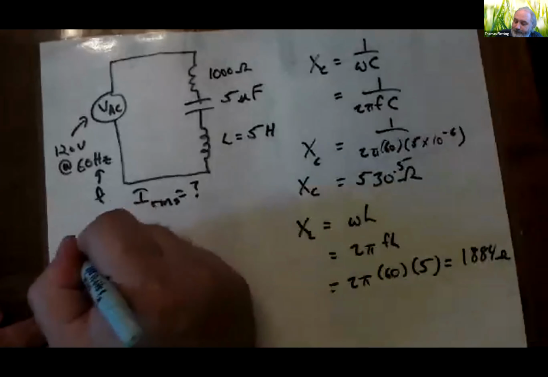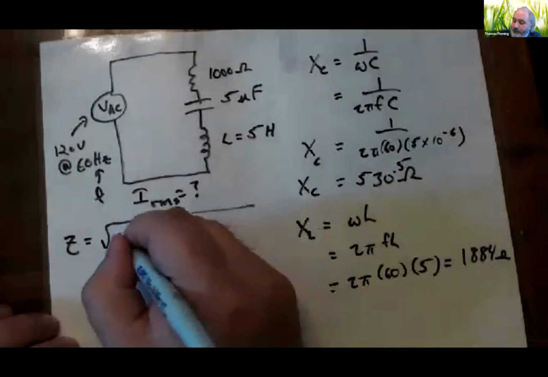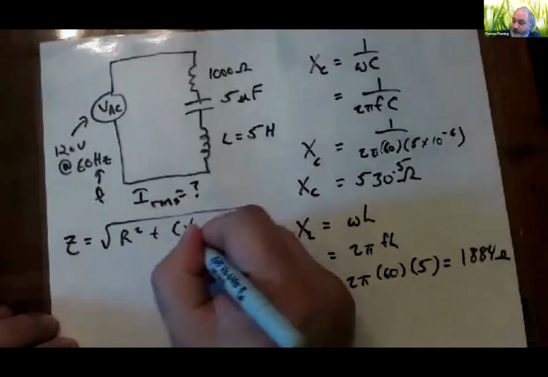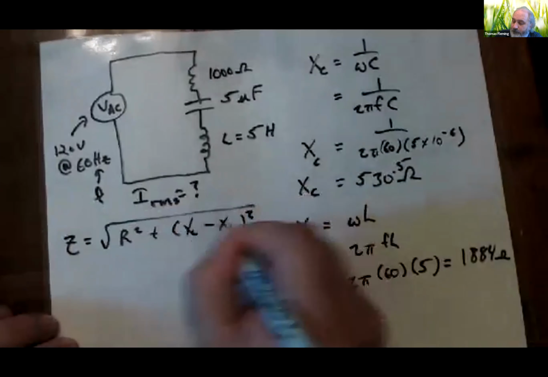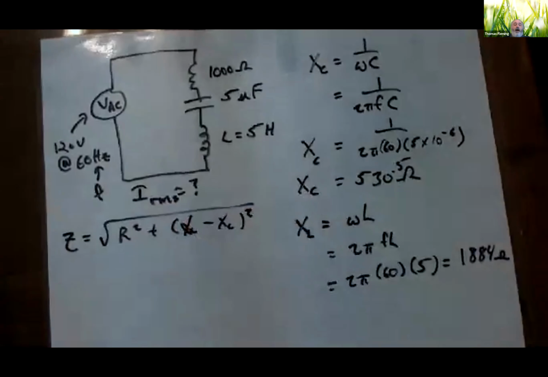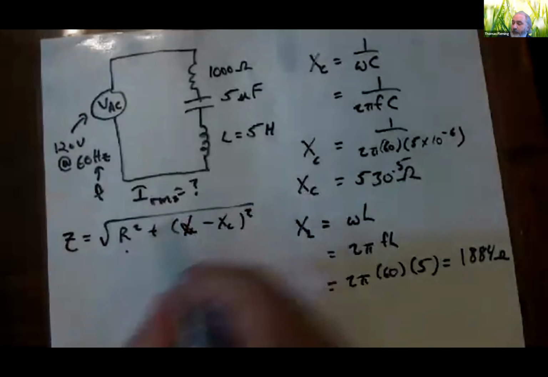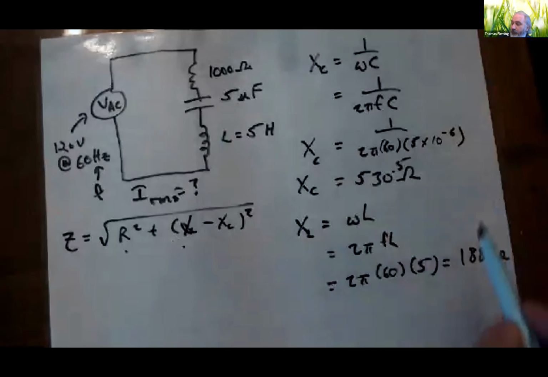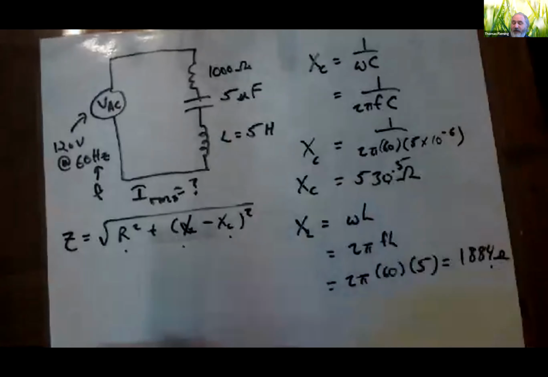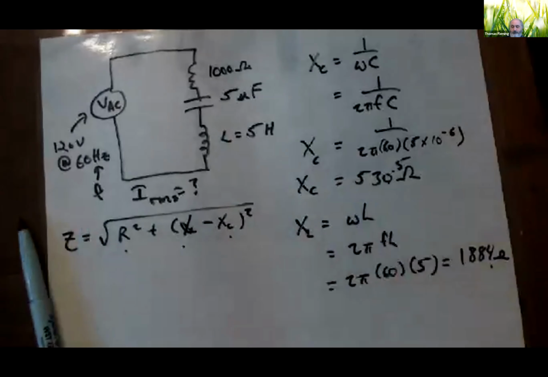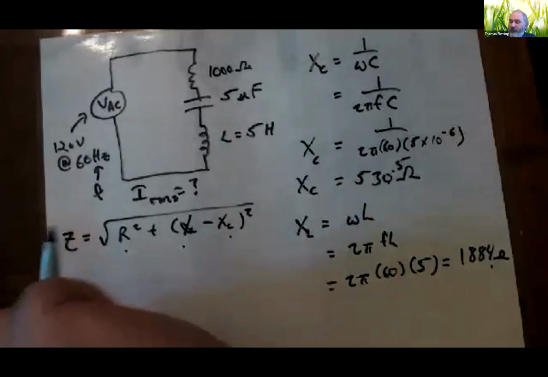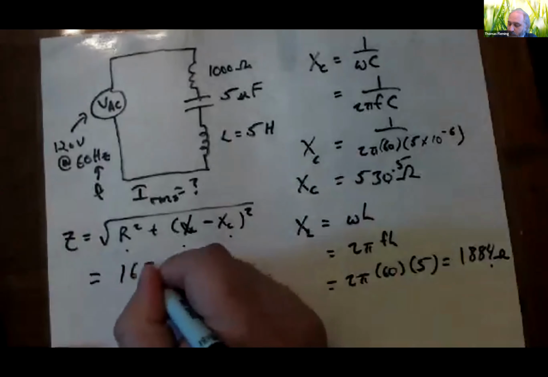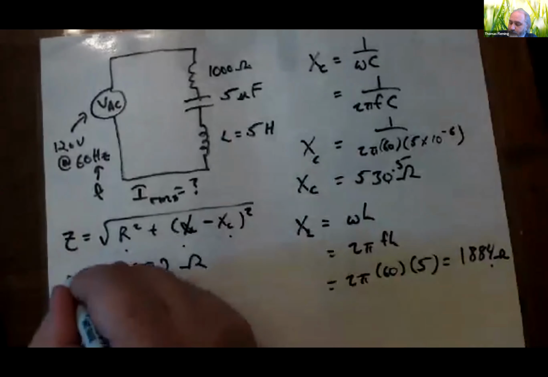Instead, I'll use this, where R is equal to 1,000, XL is equal to 1,884, and XC is equal to 530. And when I do all of that, my total impedance is